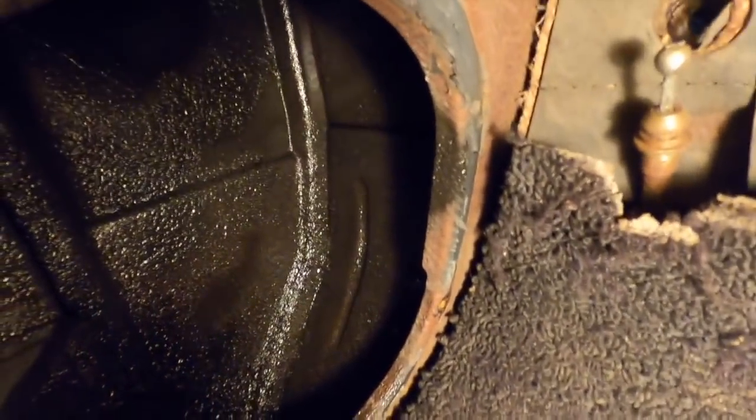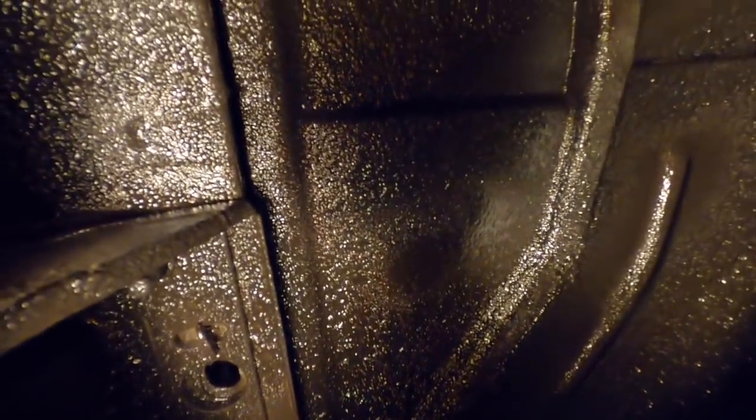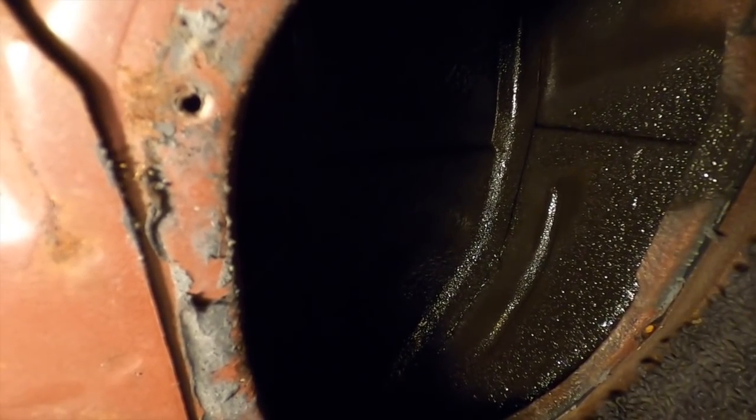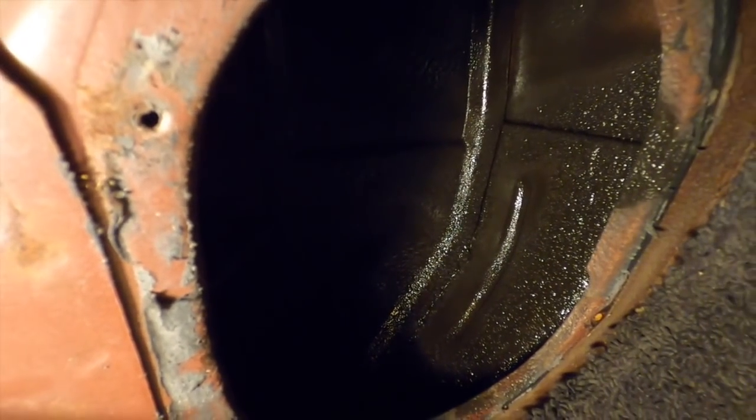I just realized I didn't get any video of this before I painted it and then undercoated it. But yeah, I did, and it's hard to get the light with the camera and everything. But I did paint the panel in there. I wiped it out with lacquer thinner really good, vacuumed it out, blew it out with compressed air, painted it with Rust-Oleum rusty metal primer, let that dry for about an hour, and then I sprayed